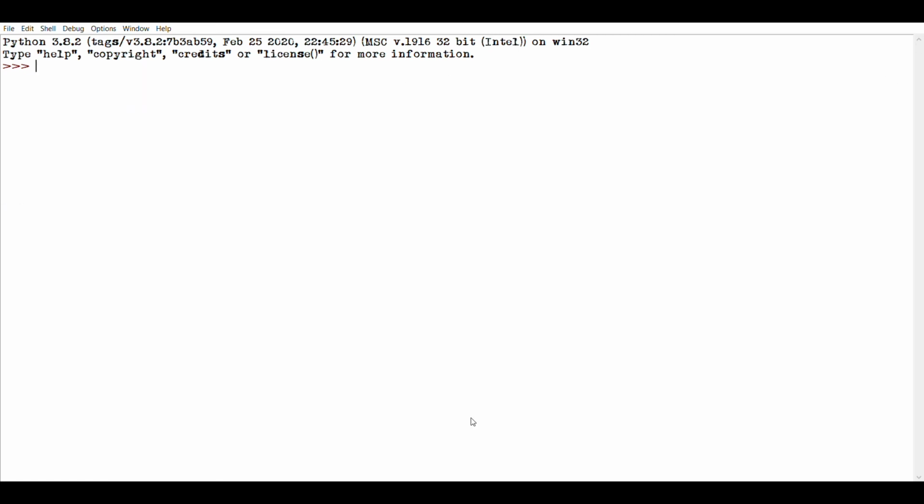Now to talk about our third jump statement, that is the pass statement. It is used when a statement is required syntactically but you do not want any command or code to execute. The pass statement is a null operator, which means it just passes that particular loop and will not do any kind of operation there. So nothing happens when it executes. The pass statement is also useful in places where your code will eventually go but has not been written yet. However, nothing happens when pass is executed. It results in no operation.